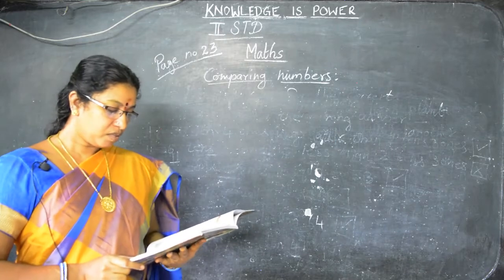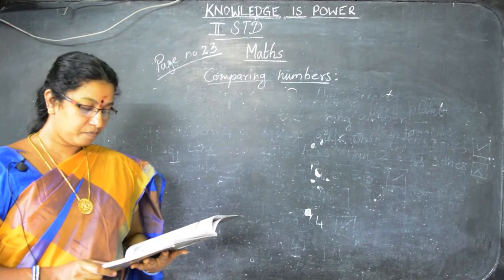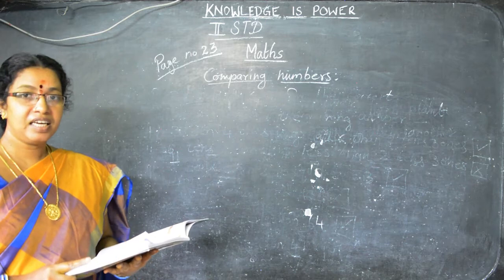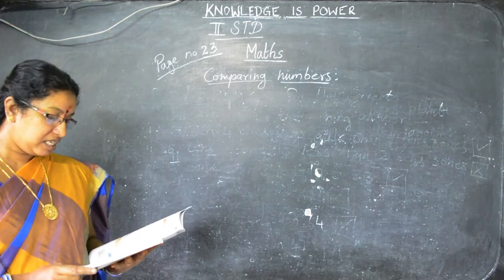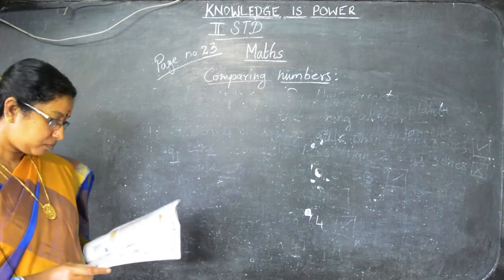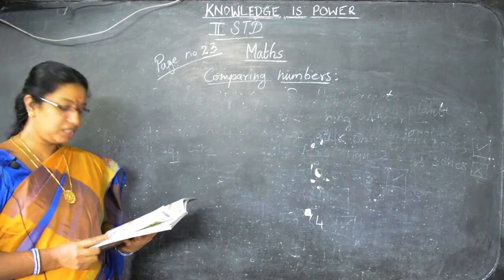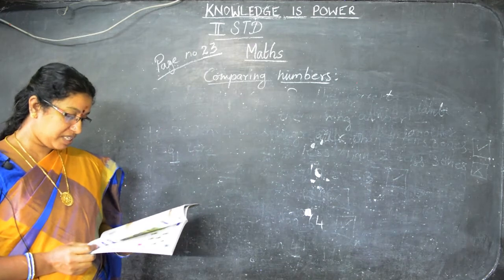5, 5, 5. Bees are in a hive. Bees means what? Theni. Theni kulla ethana bee irukku? 5 bees are there. 6, 6, 6. The hen has chicks. Chicks means, and the koli kunji ethana irukku? 6 irukku.